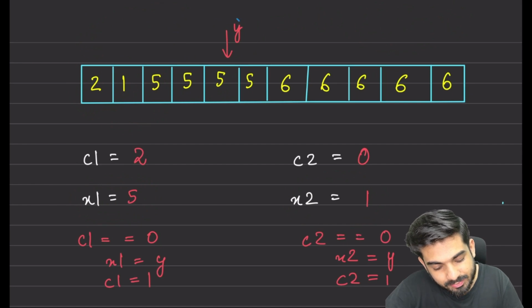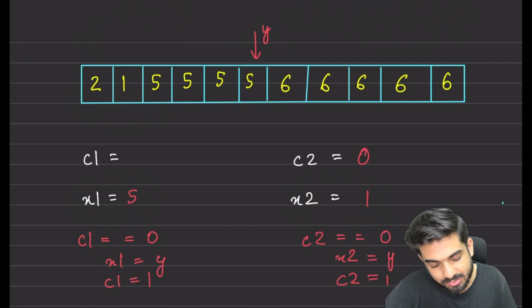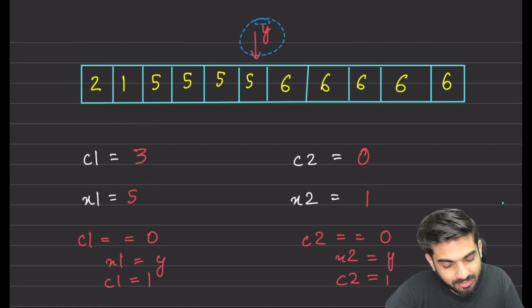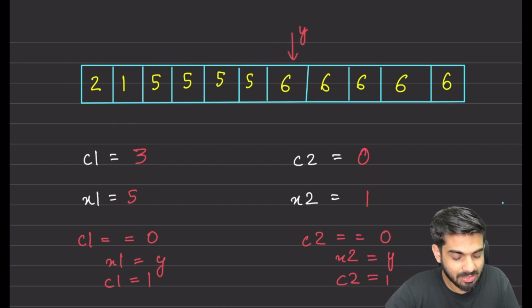Again we see that we get 5, so we will again update the frequency. As of now you can see 3 will be here and the value here will be 5. Now you see that we have another element, which is 6. Now we get a different element, so this condition won't be true, but we can see C2 was set to